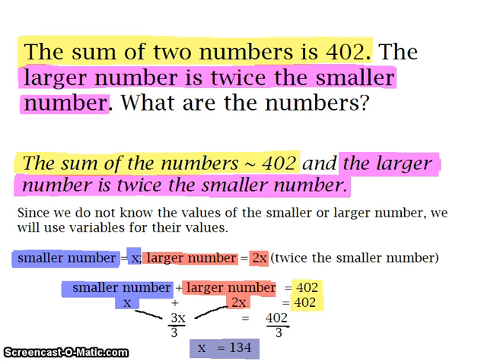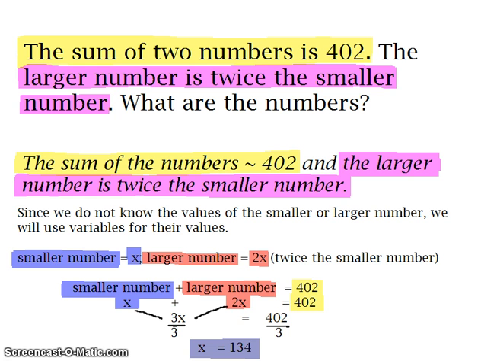Both variable terms have the same variable, x, and also the same exponent, so I can combine these two terms. We know there's an imaginary 1 in front of the x. There is a 1, but you can't see it, so it's really 1x plus 2x, and that will equal 3x. So now we have 3x is equal to 402. We're looking for the value of x, so we will divide by 3 on both sides. Once we do that, our x will equal